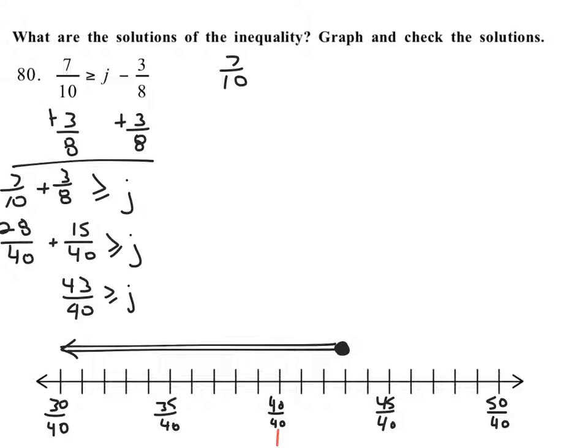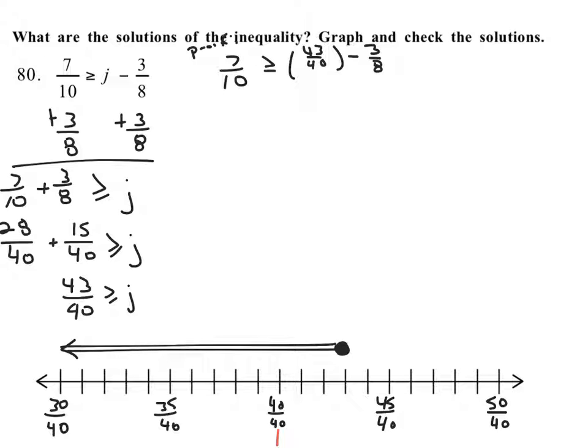We need to. 7/10 is greater than or equal to j, and I'm going to replace j with what we have as an endpoint, 43/40, minus 3/8. With this first proof, and I should write proof here,